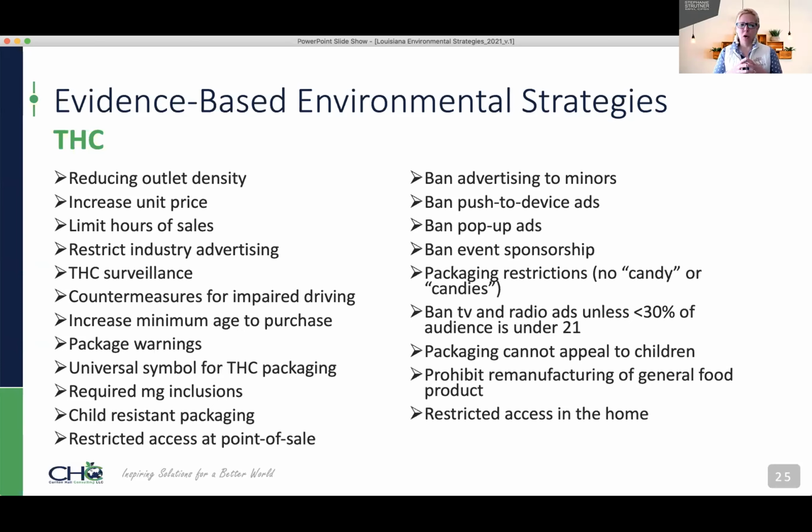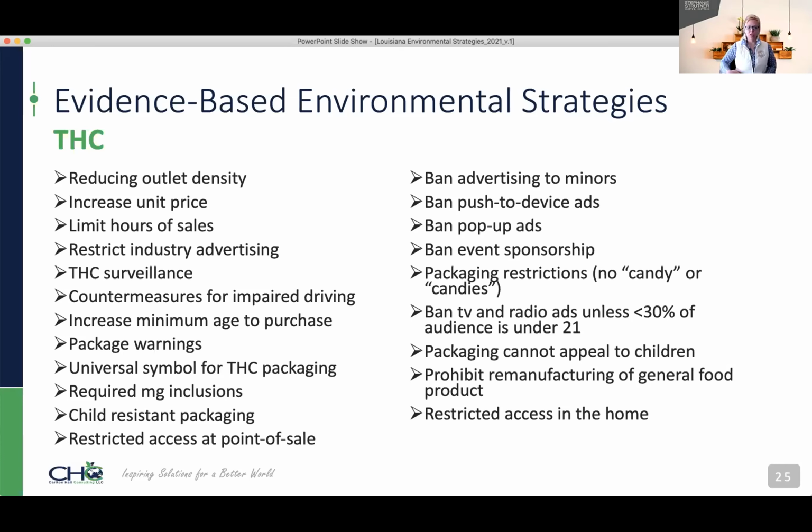And so we have a little bit of work to do there, but there are communities that are really using some impaired driving countermeasures for THC use. We've certainly seen nationally an increase in the prevalence of driving under the influence of THC. Increasing minimum age to purchase laws, having package warnings, having a universal symbol for THC packaging. So especially in areas where we have either legalization for medical use or legalization period, just having a universal symbol that a product contains THC, requiring milligram inclusions so that you know how many milligrams of THC you're consuming if you consume a particular product,